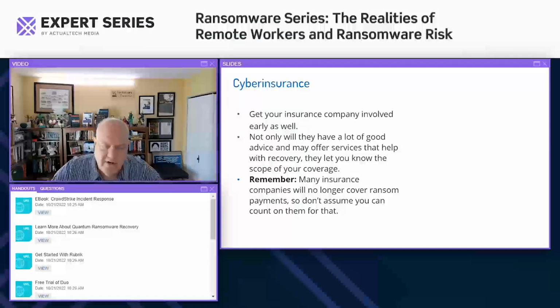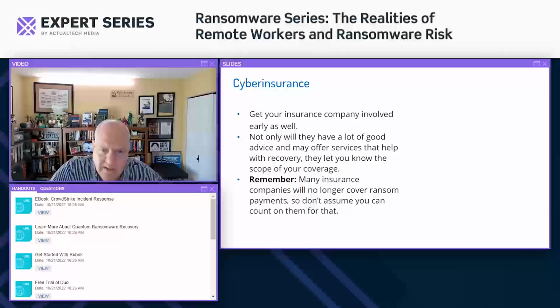So having a negotiator provided by your cyber insurance company may be good. If you don't have an incident response firm, they may have incident response companies that you can work with. This is, again, one of those things where you want to find all this out ahead of time. And then really, really important, a lot of cyber insurance companies now will no longer cover ransom payments. So again, needing to know that up front, especially if you think you may have to pay the ransom, knowing that